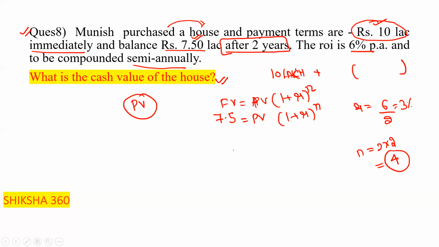So put the value here. 7.5, that is 7,50,000, equals PV into 1 plus 0.03 power 4. So what is the present value here? Please tell fast. Basically, we have to divide 7,50,000 by 1.03 power 4. When we calculate this one, basically we will get here